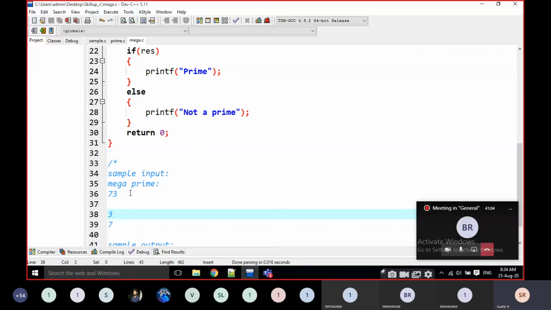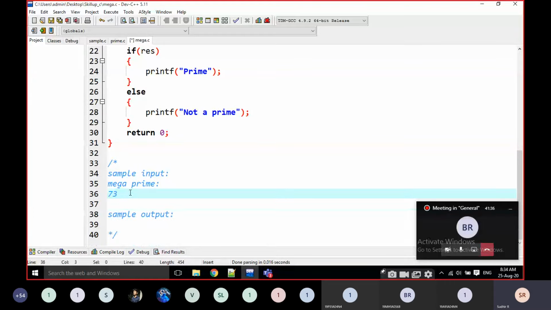If one digit is not prime, then it is not a mega prime. Every digit in that number has to be prime. For example, 73 is a mega prime, because 3 is prime and 7 is also prime.